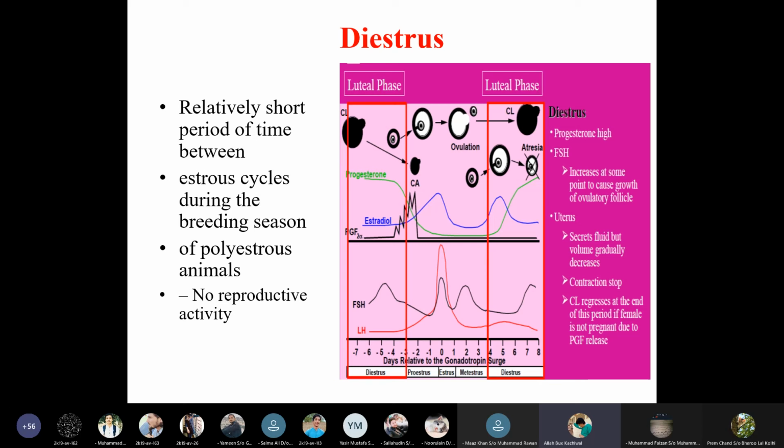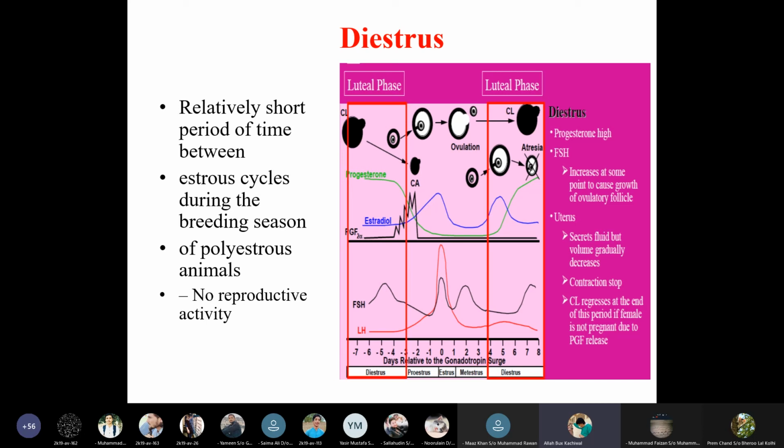In the metestrus, the animal will not allow the male for mating. Even if the male has not been provided in the estrus period, but the metestrus has started, then the female will not allow the male to mount. So relatively, the diestrus is a short period of time between the estrus cycles during the breeding season of